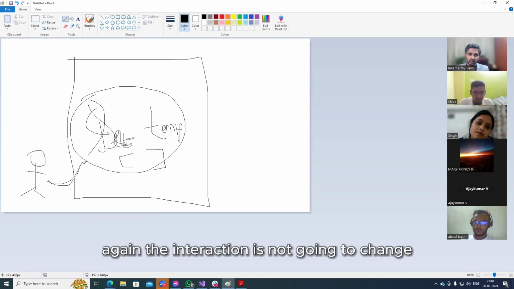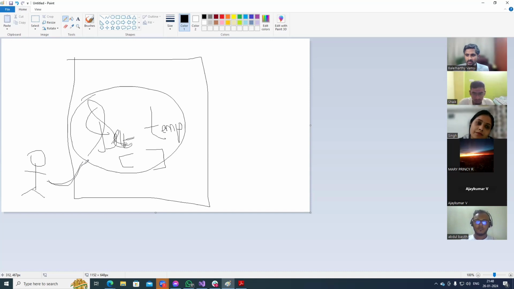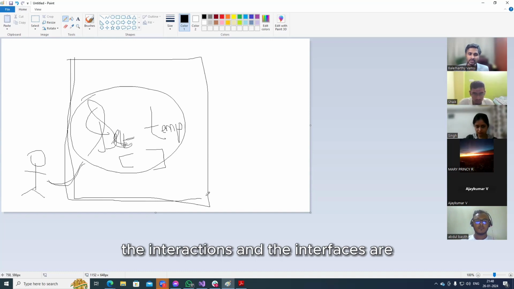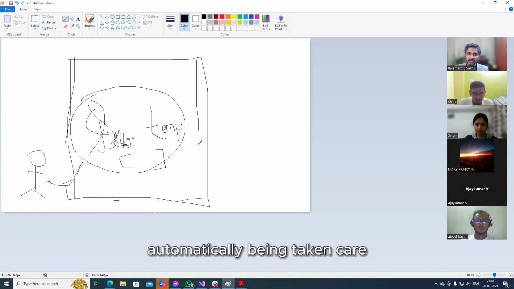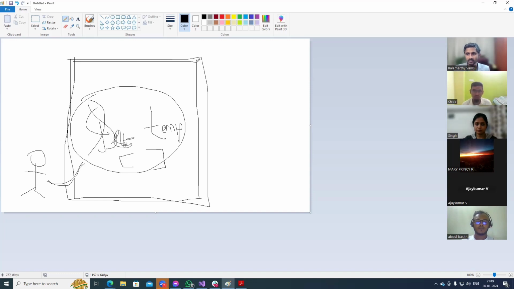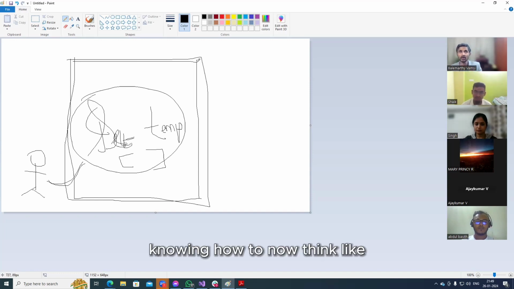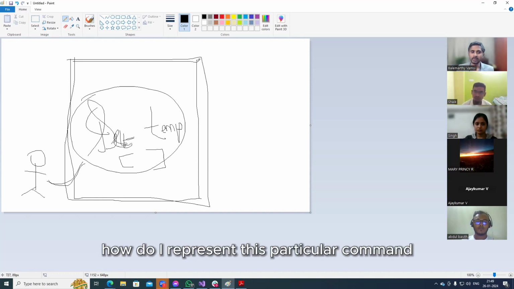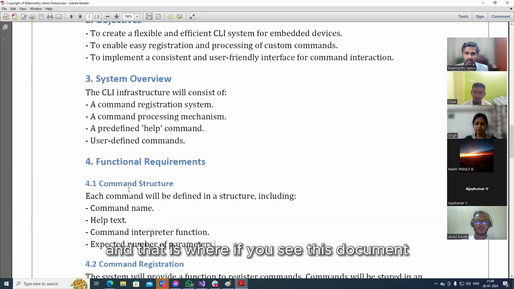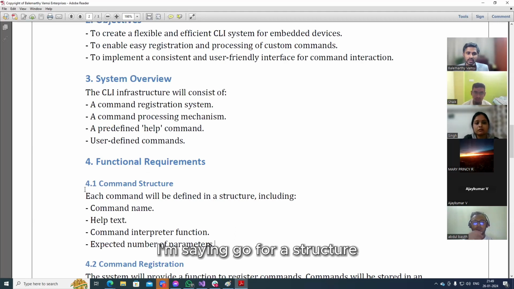Again, the interaction is not going to change. So if your use cases are well defined, the interactions and the interfaces are automatically taken care of at the first instance, when you are coming up with the use cases only. Now you have to think about how to represent this particular command. And that is where, if you see this document, I'm saying go for a structure.